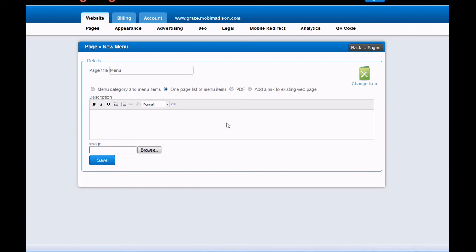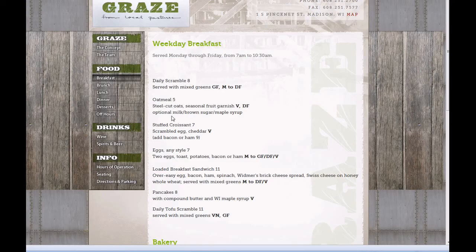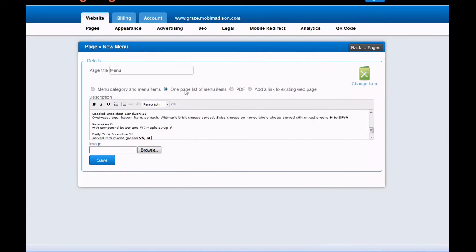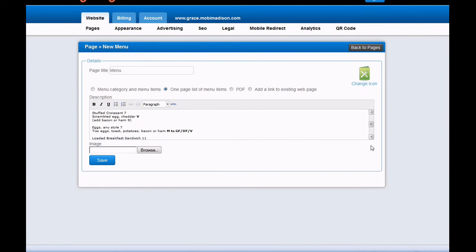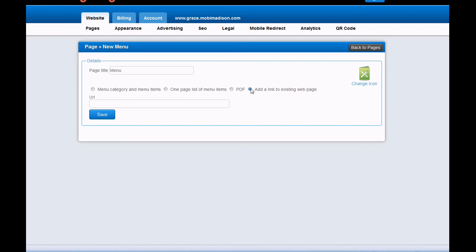If they just have a big list that you just want to enter and don't want to go mess around with pictures and things like that, you can just copy the whole list with Control C. You can just copy and paste on a one-page menu. So when you click on it, it'll just show all the pages there. If they have an external site or something that you want to link to, you can just put in an